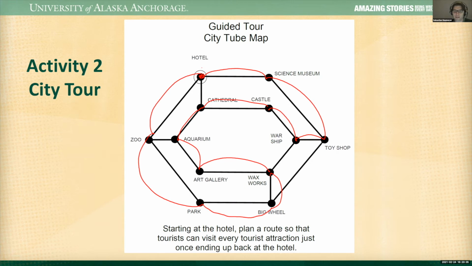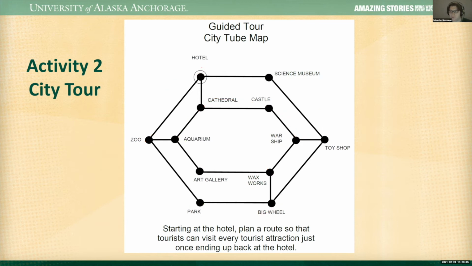So that is a solution to this problem. It's one of many solutions. If you take that path, you get to see everything over the course of the entire day, and you end up back home. Believe it or not, this is a fundamental problem in computer science. Instead of viewing it as a city map, we're going to abstract the problem.